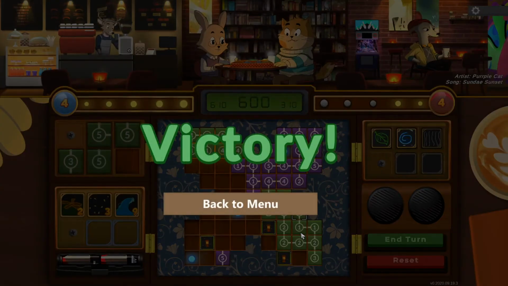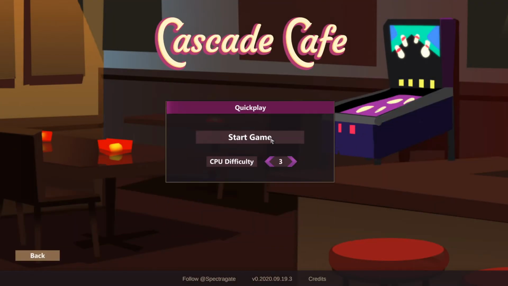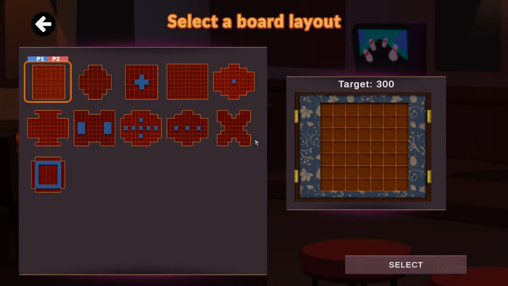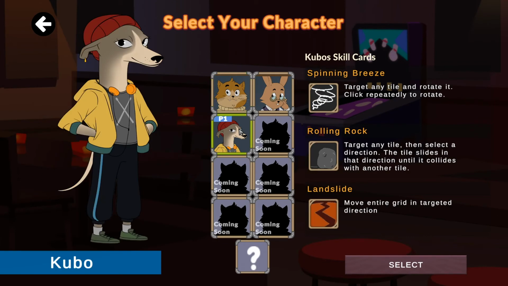Alright, so both Arceus and Bach absolutely decimated their enemies. We'll do one more. We'll increase the difficulty to, let's say, 7. And we'll pick... let's pick this one. Target is 500. And we'll play with... not Kubo. We're going to be playing with...